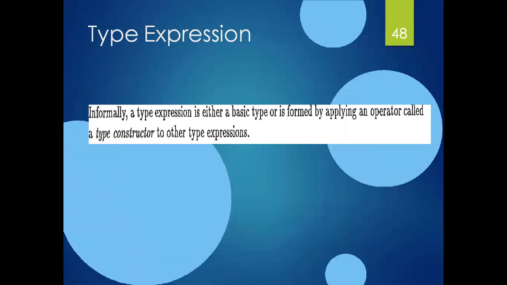That means here it is either from the basic type, right? What the basic types are: it may be int, char, float, double, and so on, from the type checkings, right? Either it may be from the basic type or it is formed by applying an operator. How is it formed by applying an operator? While performing type checking, two special basic types are needed here. What are those? One is type error and the second one is void.